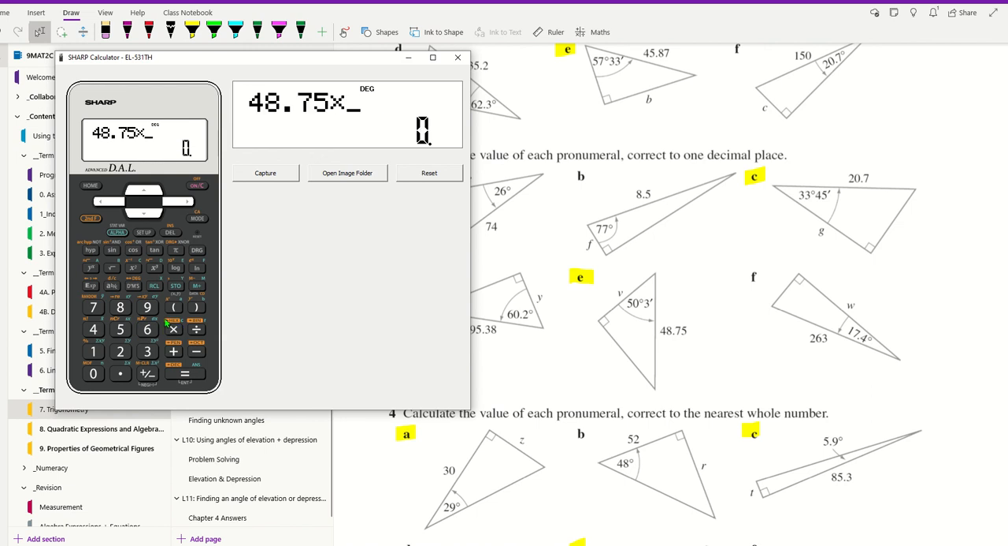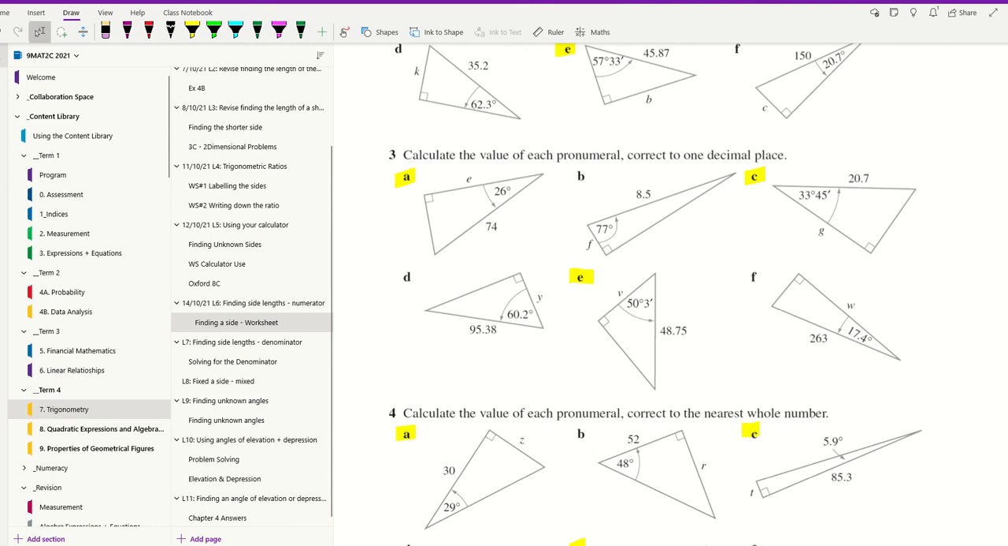If I was doing this one, the answer may well be 48.75 times cos of that angle. Now 50 degrees, 3 minutes. To do that, DMS, it comes up with that, then put in my 3, and that's it. So we don't have a 0, it's just 3 minutes, that's it. And then if I go equals, it'll come up with an answer for me, which I'm sure is correct. Okay, so have a go at these exercises and give me an email if there's anything you